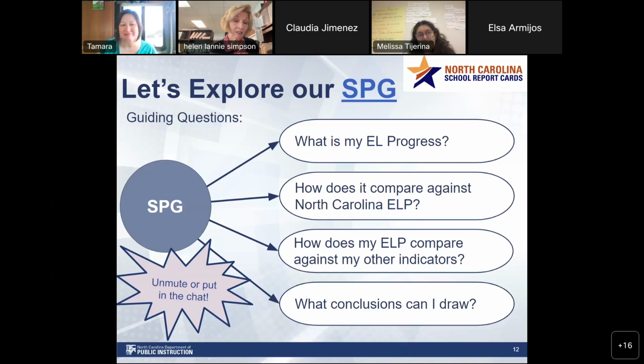Compared to the state. Now, the question I have is, and this may be a silly question, but I know this is EOC scores or EOG scores. Does this align with EVAAS growth, or how is that compared? Is that where the percentage comes from? No, this is the 80% part of the school performance grade, that refers to proficiency. Like, were my students proficient on the EOG or an EOC? Or, as far as L progress goes, did they meet their annual target goal?